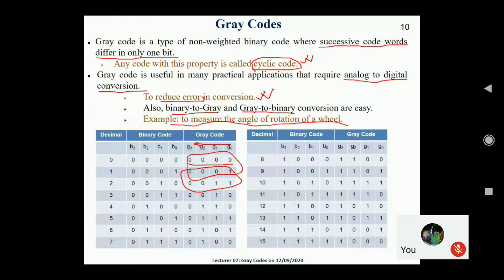So for every code, when we are comparing in sequence manner, I'm not talking about jumping, like going directly from 0 to 7 or 5. If you are comparing like that, then it is not possible. But when we go sequence-wise, you can say that all the bit sequences differ by only one bit. Okay, that is the special property of gray code. Based on that, some unique gray code is generated from the binary code, or you can say vice versa. From the binary code, you can generate the unique gray code. Okay, so I am showing this first table, which shows binary code to gray code, and the second table shows gray code to binary code. Okay,